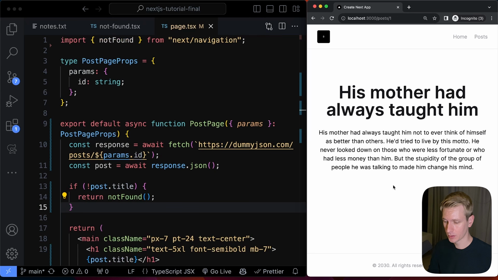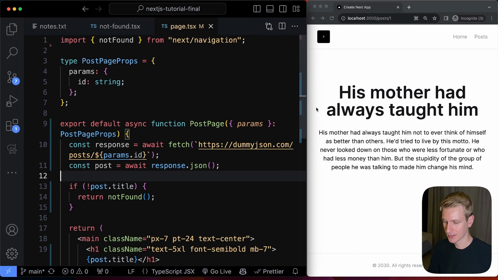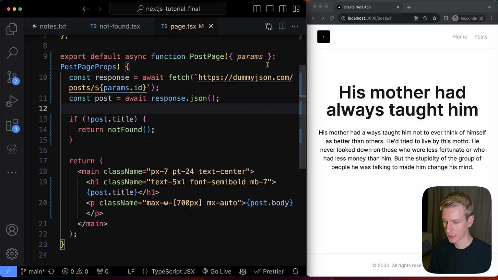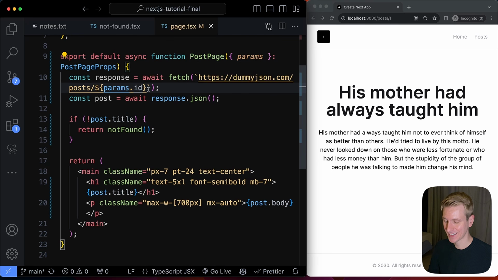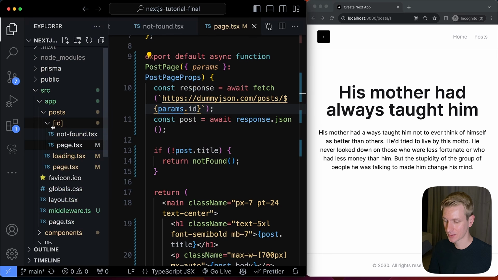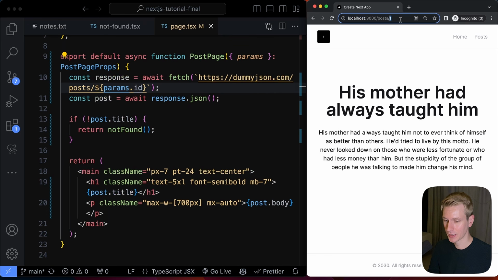Here on the individual block page, what we are doing is trying to get this ID from the URL, and Next.js will actually give us that here in params. So with these page components, you get params because here we have square brackets ID, and then in there you can get the ID. Right? So it's called params.id because we called that ID here in the folder. So you can get whatever you put here in there, and then we can actually fetch the post that is